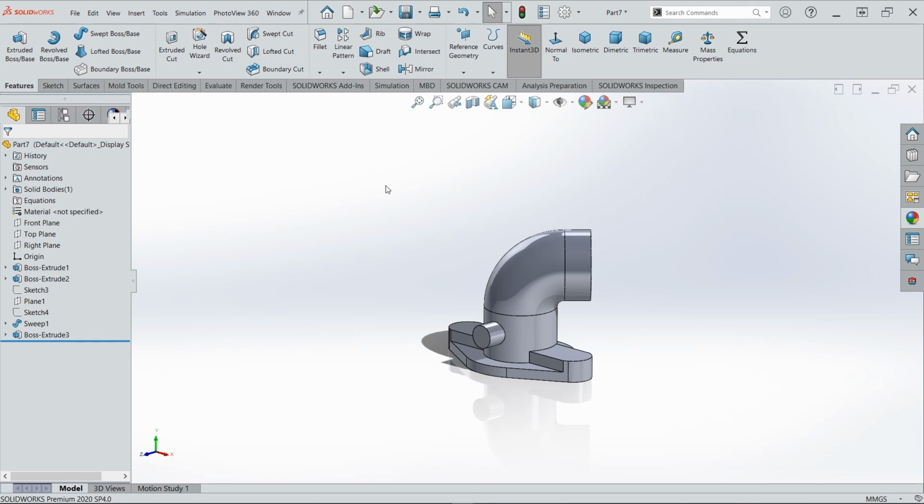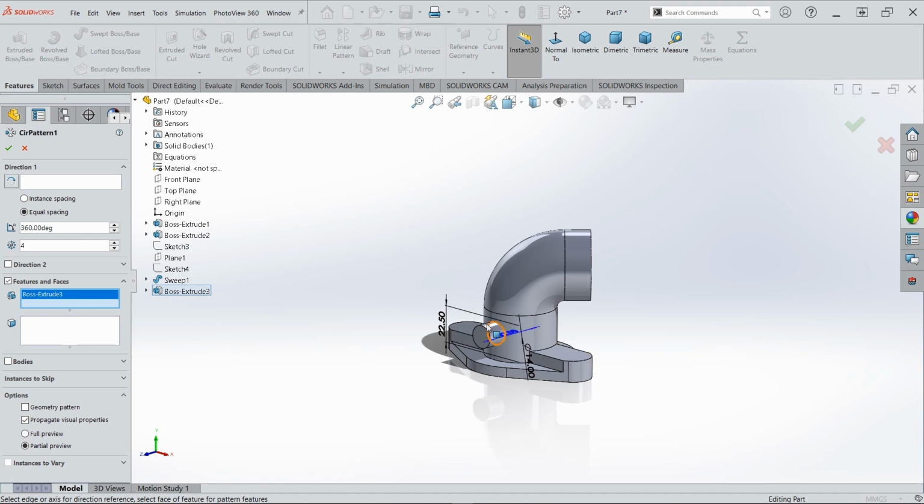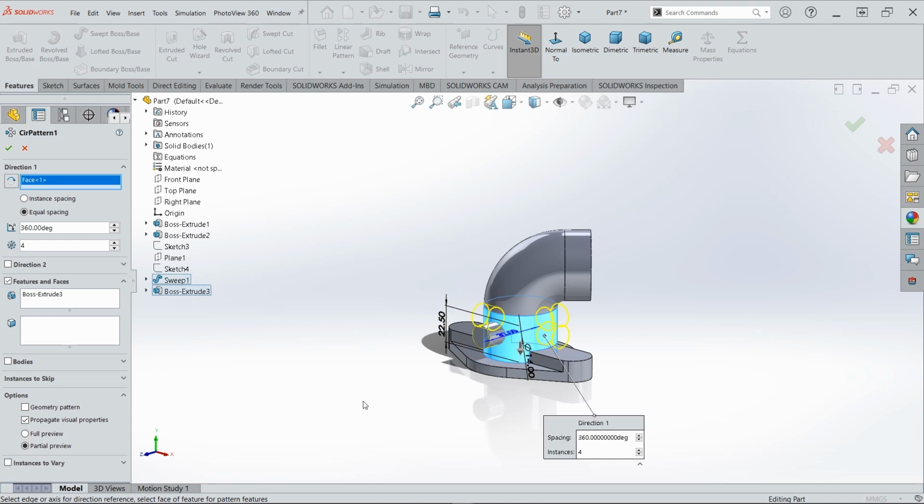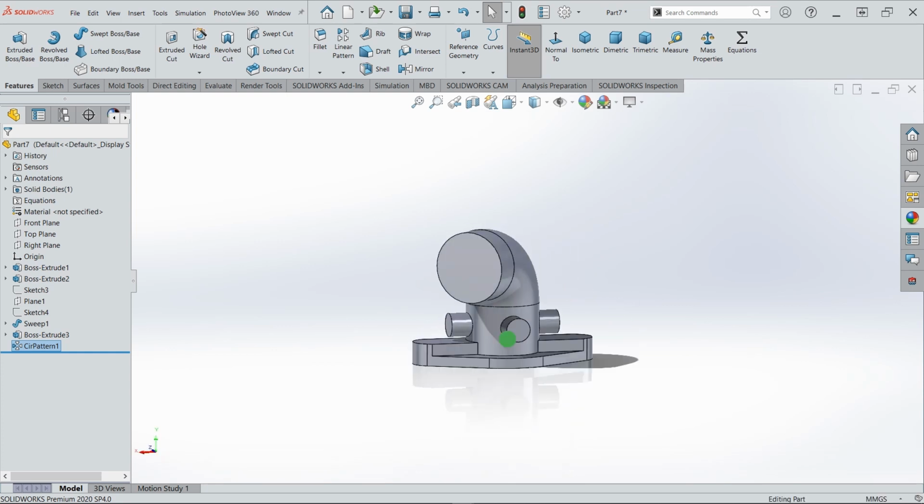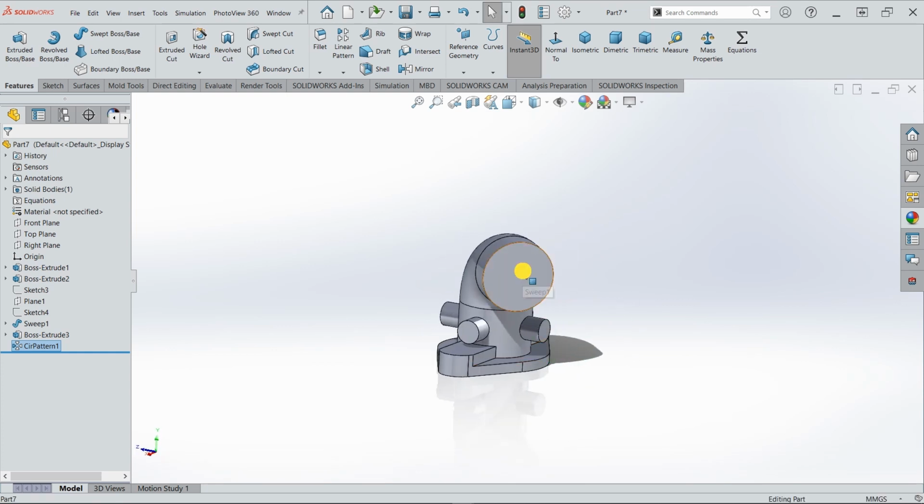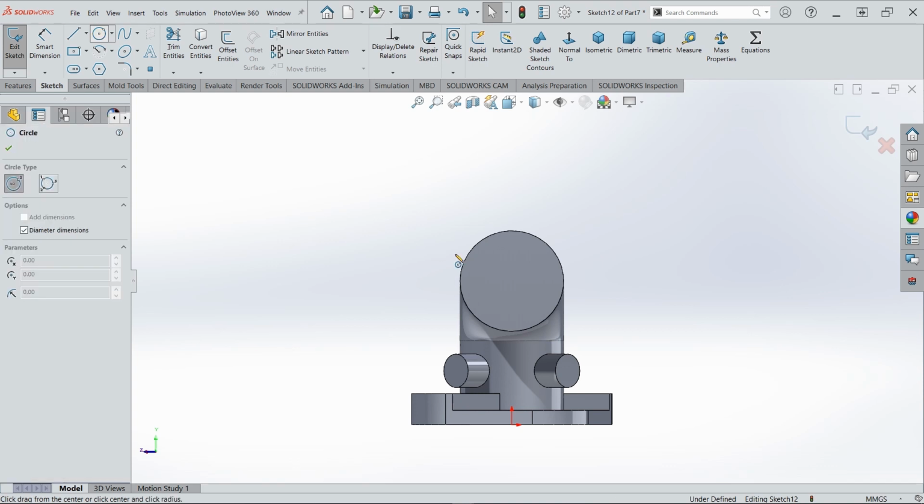Now let's go to pattern, circular pattern. Let's just click on this arrow, select our last extrusion, which is this one. Go to direction 1, select this bottom face here, leave this as 4, 360 right around. Okay, now let's rotate. Let's go to this face, let's create a sketch,